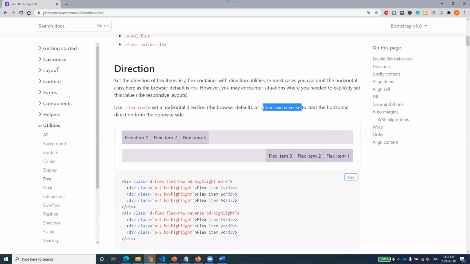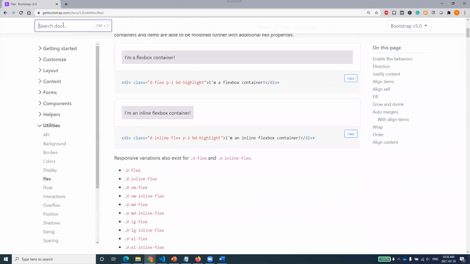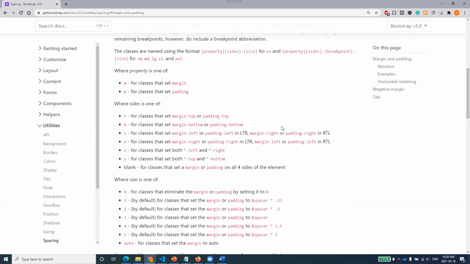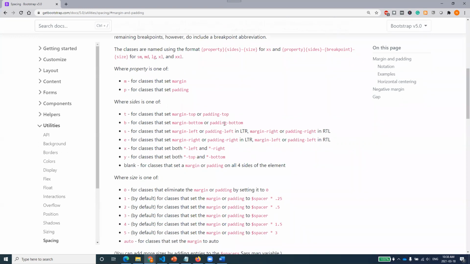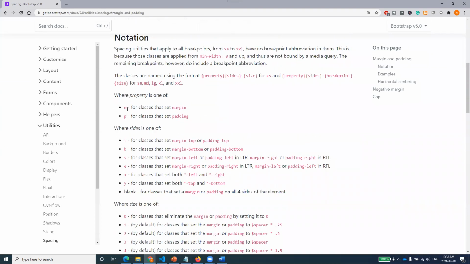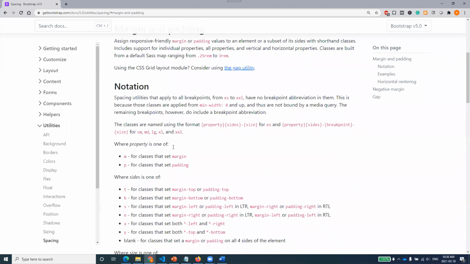So now I hope everyone is following. Now another very important and interesting thing which we will be doing is margin. What is the type of margin? How can we use margins? Margin and padding are very easy in this. So you know the m is used for margin and p is used for padding. If you say, for example, that I want a margin on top, I will say mt, margin top. I can say margin bottom as well. So if you use this m in a class, it will implement those different effects for us.